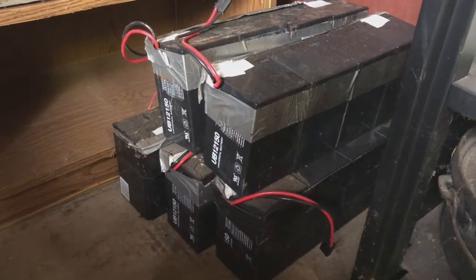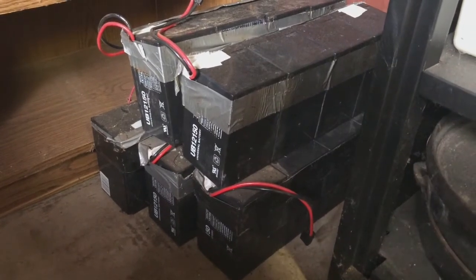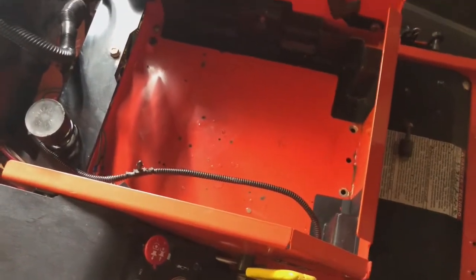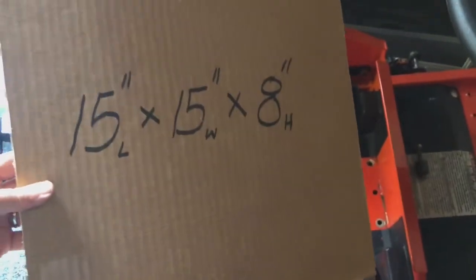There were 5 battery packs powering this mower. They've been removed, and we're now going to take a look at the area inside the mower where the battery box has to go. So I'm going to take the 15 by 15 by 8 inch mock-up,